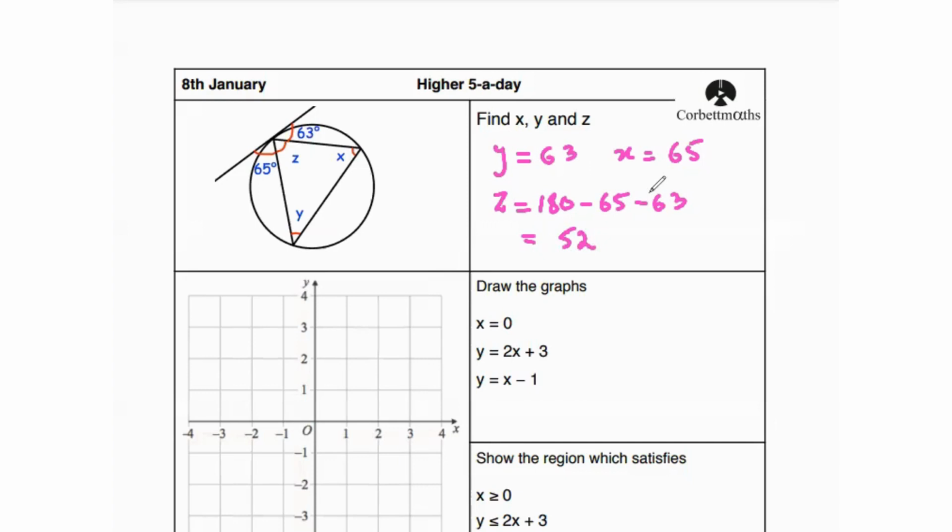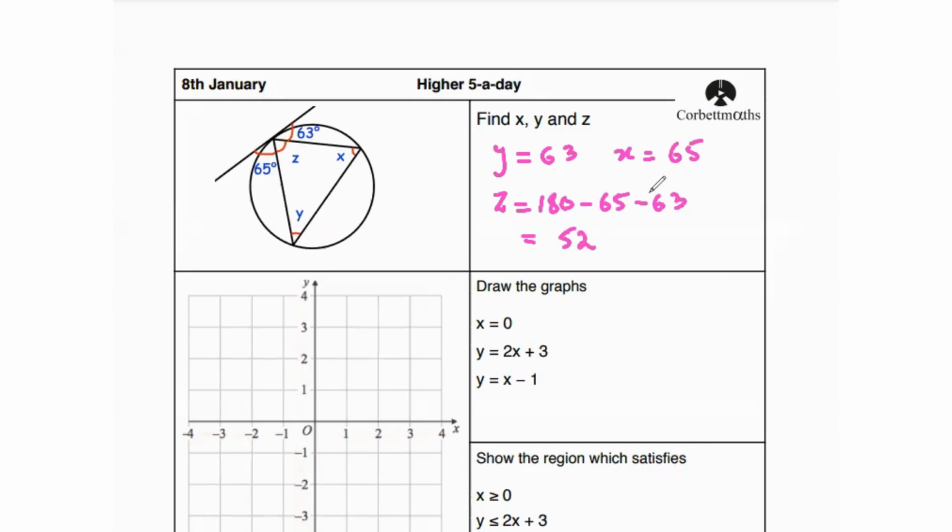Now the reason why z is 52 is because z, 65 and 63, all three angles lie on a straight line. And the sum of angles on a straight line is equal to 180. So to find the one missing angle, we subtract the other angles from 180, and that gives us the value